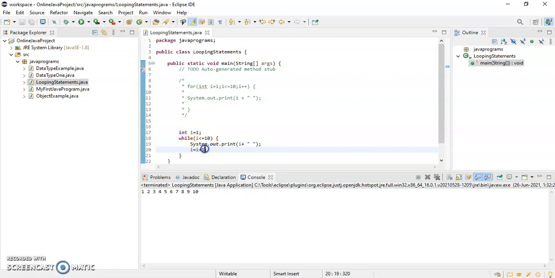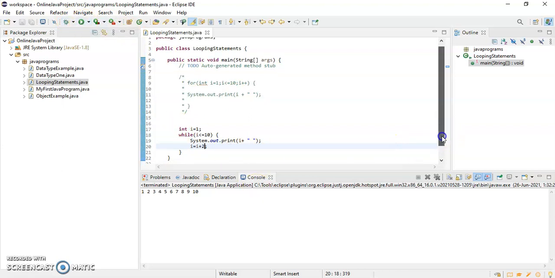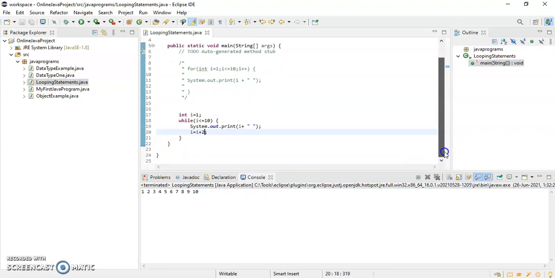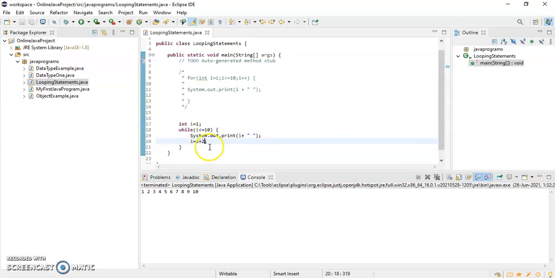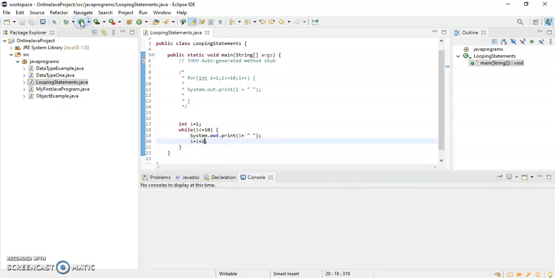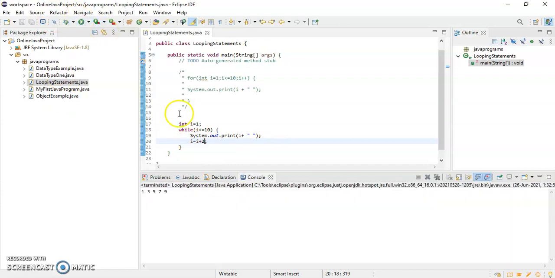Okay, I can write like this also, i + 2. Suppose I want to print like this: 1 3 5 7 9. So I have to increase the value of i by 2. So that is the reason I have written i = i + 2. So if I run this, it will give me 1 3 5 7 9.